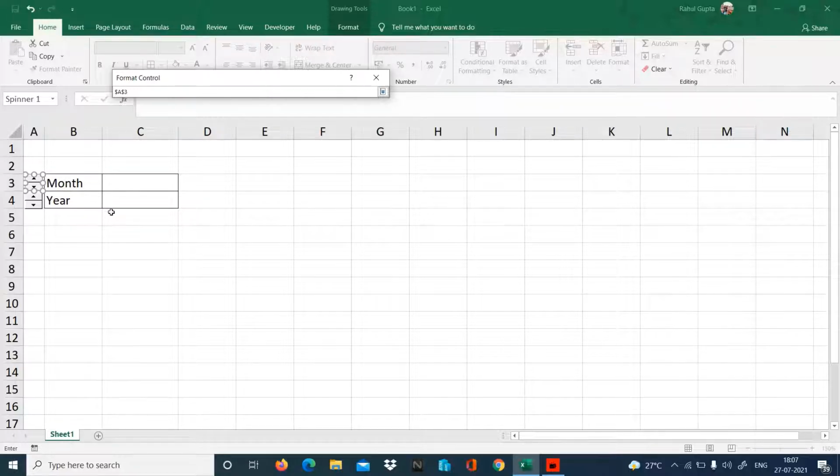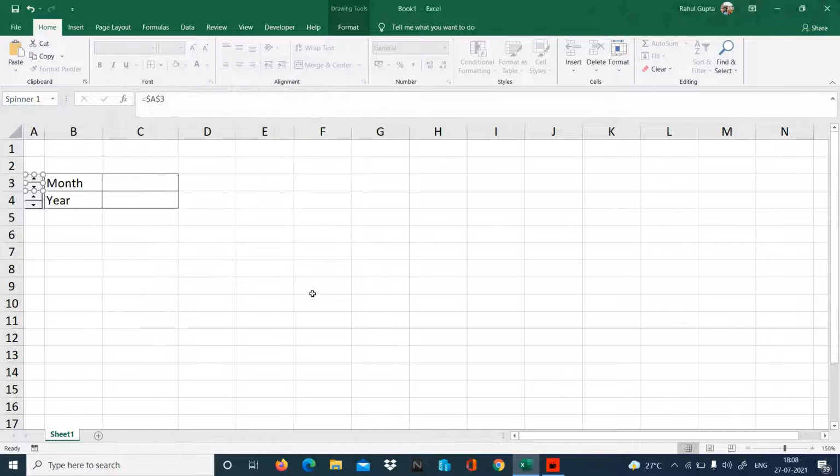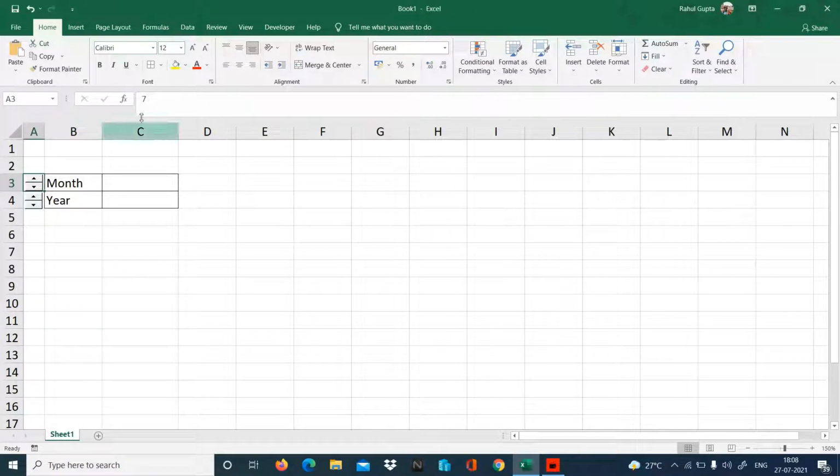I want to show January, February, March. So that's why I'm keeping this value at A3, just behind the button. So this is the setting which we have to do in the first month button format. Now if I move my cursor to A3, you can see here it's written 7. If I click on this, it's changing till 12 and it's going beyond.